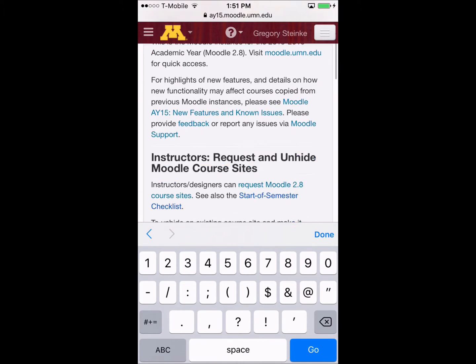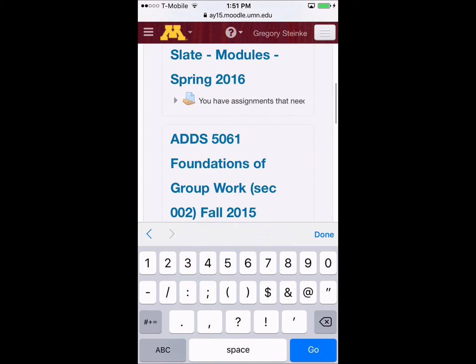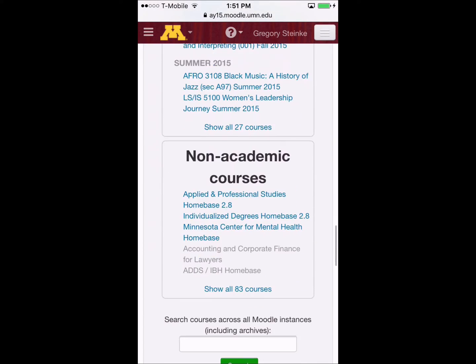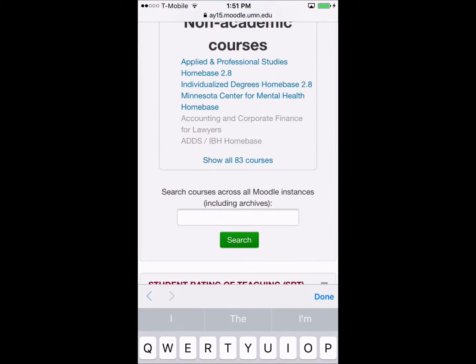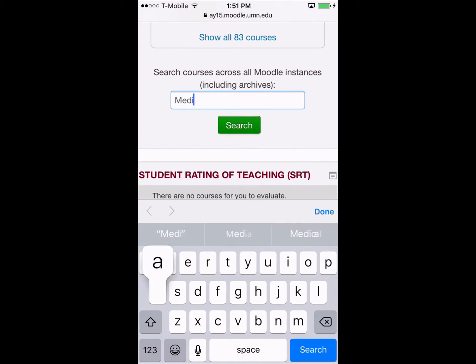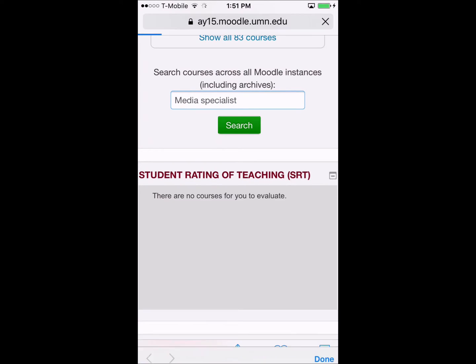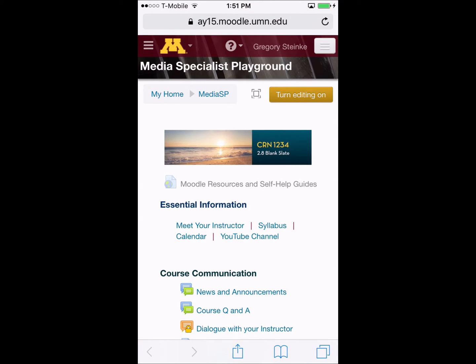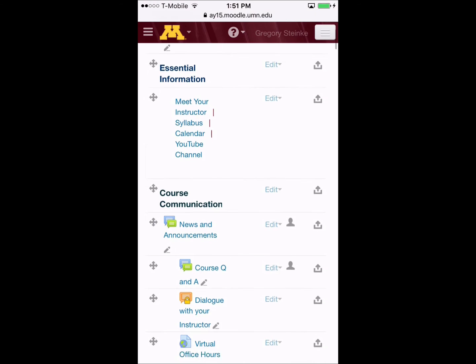All right, now I need to get to my course. So for me, since I'm associated with many courses, I just search for the course that I want to jump into. There we go. There it is. All right. I want to turn editing on, and I'm sure most of you have used Moodle,